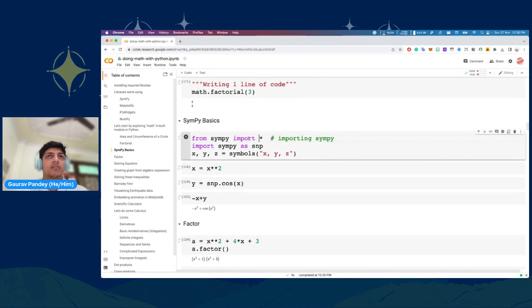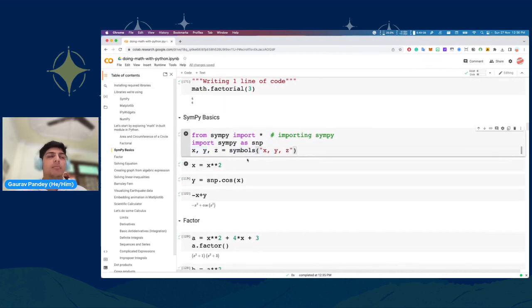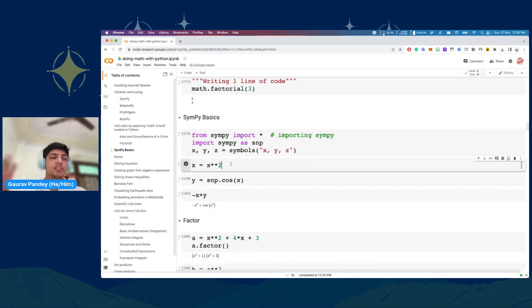So firstly, here we are just importing SymPy as sp, and this is very important. Just like in Flask, we have app.run with debug, something like that. Same in SymPy, we have symbols x, y, and z, assigned to symbols x, y, z. SymPy is used for creating symbolic functions or symbolic things in Python. So if I run this cell,